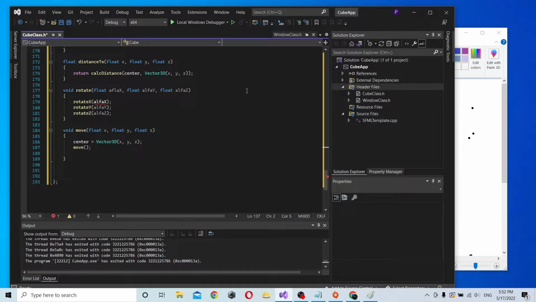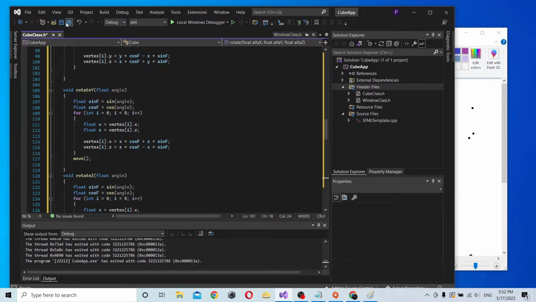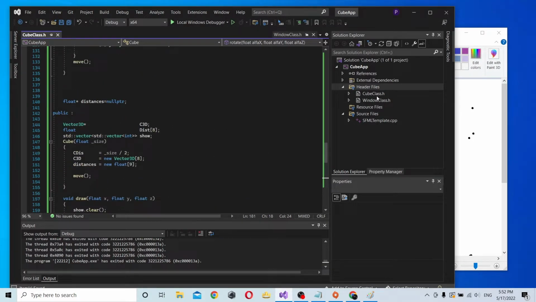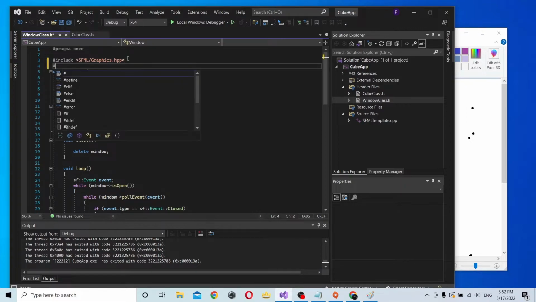Rotate. Oh, distance to and rotate. We did it. And alpha. This is everything for the header class. Now we're gonna go back here, add our new